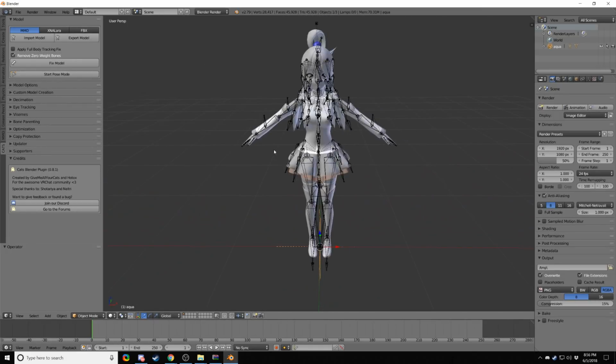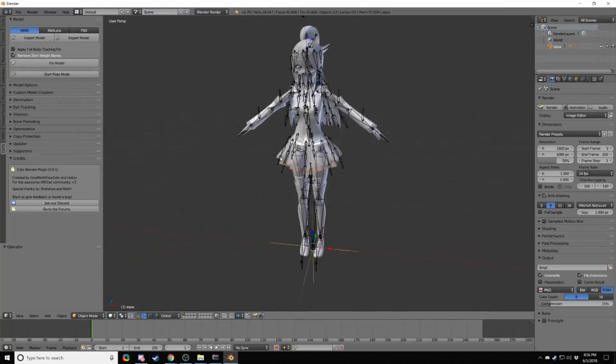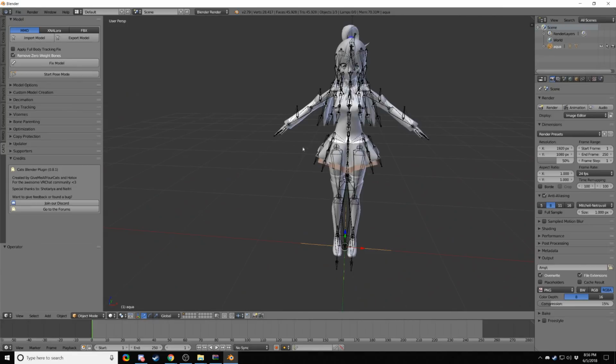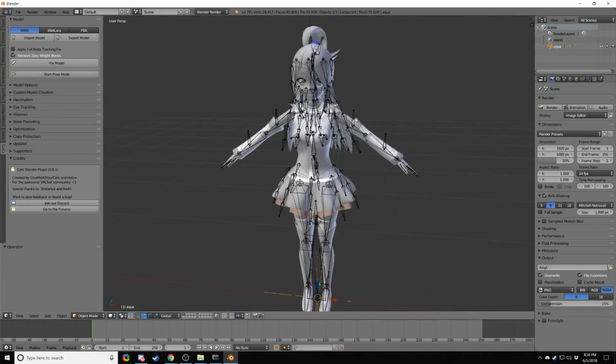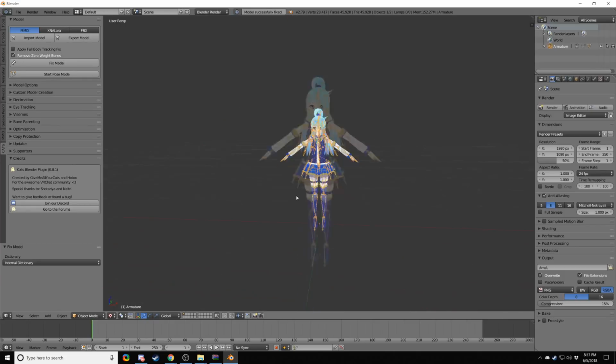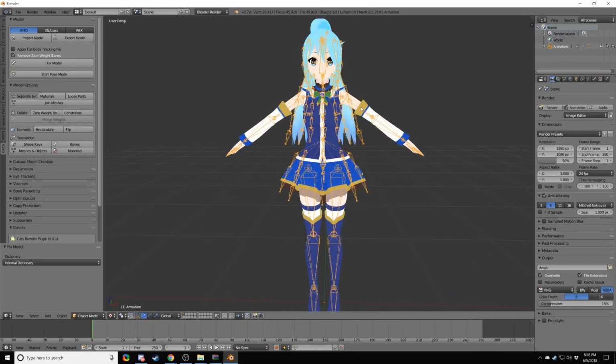So, how I move in the screen: rotation is just holding the middle mouse button, and then to actually move the camera around, hold Shift and then the middle mouse button, and then scrolling zooms in and out. You go ahead and fix the model. Alright, there we go. So, now that you have your model, you can go ahead and right click